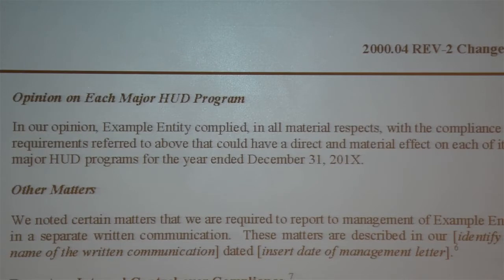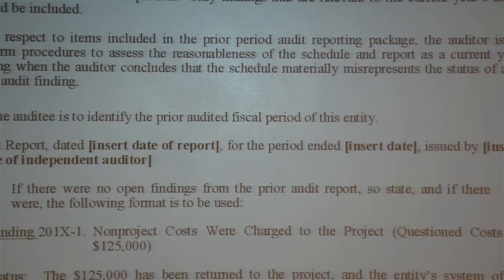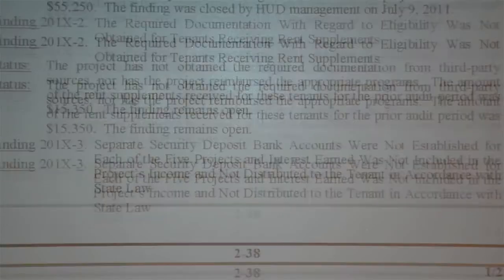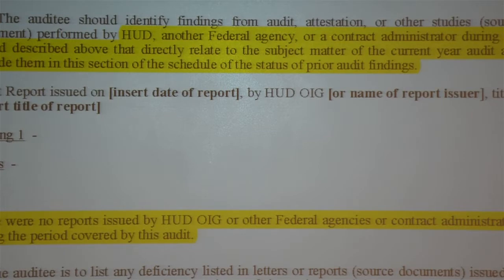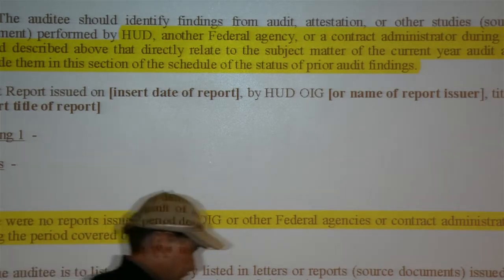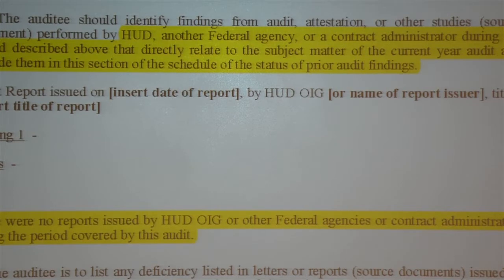And of course, then the only other comment I could make at all in here is just the schedule of prior audit findings, and items 2 and 3 in there about findings from other audits. There are several firms who have told me, frankly, they just won't do it. Big firms. So people tell me about not including that. I'm going, look, what's the risk? You're supposed to put it in here, but you didn't. So what's the risk? I don't know.